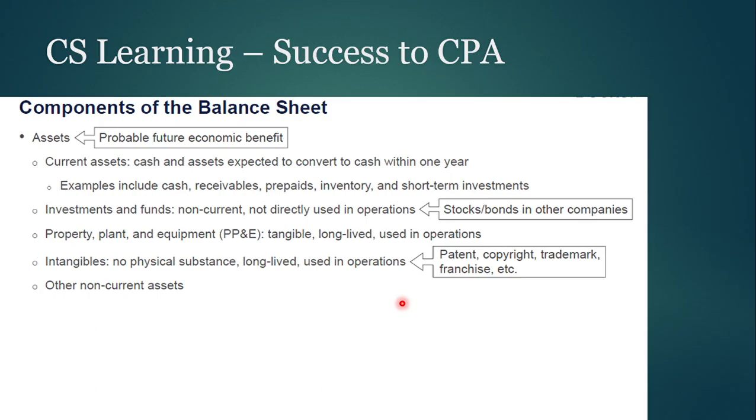Coming to the next part, this is related to the components of the balance sheet, which is called assets. Assets, in general terms, we can say are probable future economic benefit. So, whatever expenditure we are making today, if any potential benefit is going to be derived from that expenditure for more than 1 year, that expenditure we can categorize as an asset. For example,